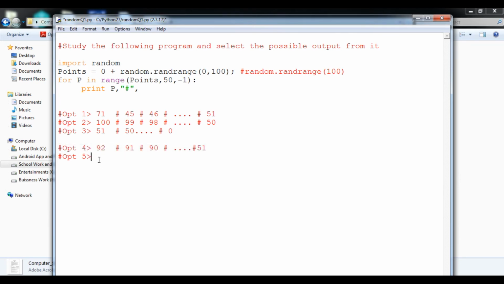Now we are going to understand the fifth option, that is nothing. There is no output for that. Consider that the random range gives a number lesser than 51. In this situation, what will happen? Suppose 50 is initiated by this random range function to the point, and in this condition 50 and 50 minus 1, it means there is no chance to print. So this is also possible to be true. Or we can say that 7 is initiated by this particular random range function to the point, and in this condition also it will not print. So student, option number 4 and option number 5 are possible answers.